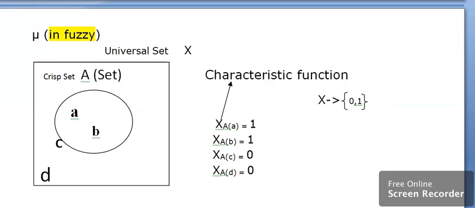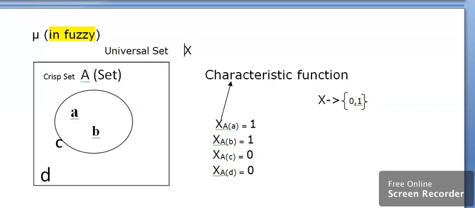Similarly, consider this universal set X. Here again take the same crisp set A. Here I am going to check the elements. There are 4 elements A, B, C and D. I am checking whether the point is inside the circle or not, and if it is inside the circle, whether it is near the center or not.